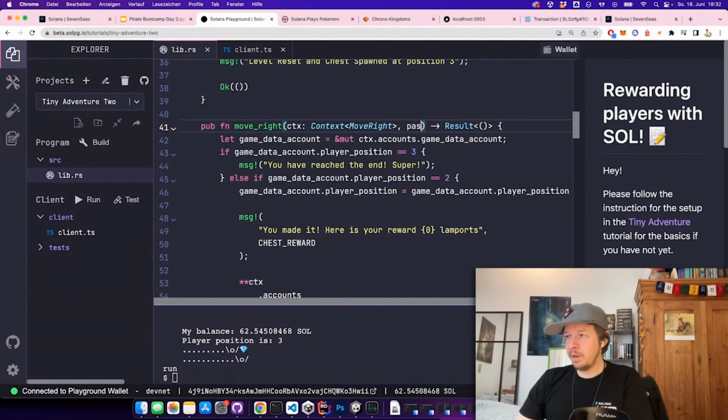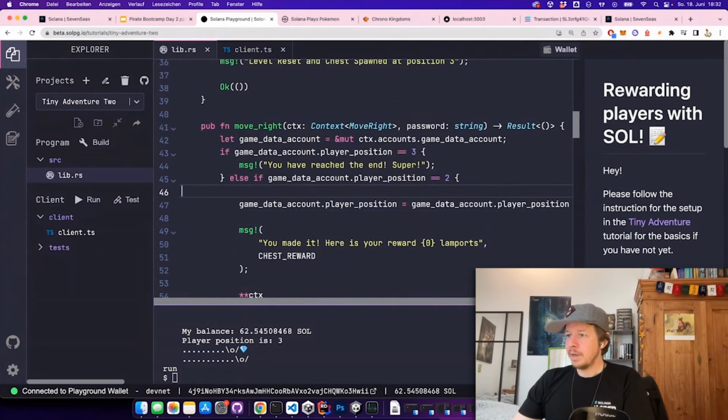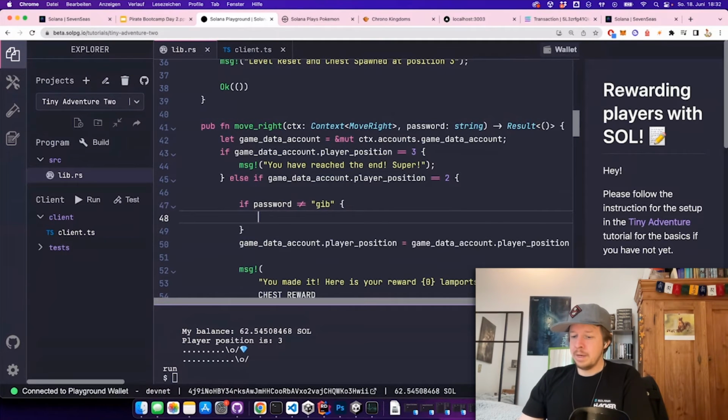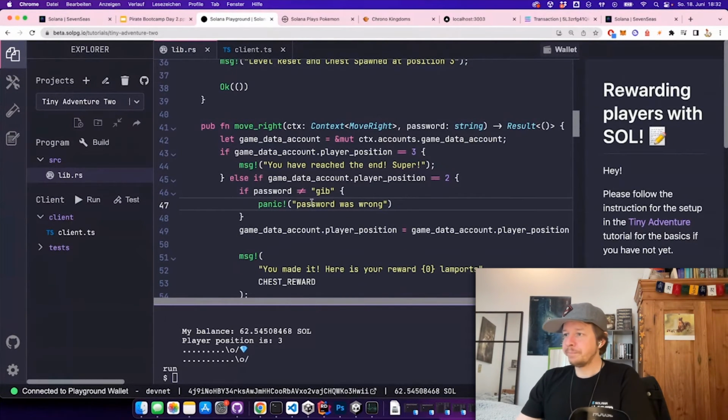Okay, so how we could do this is we can just add a password here, which is a password string. And here we would just say if password is unequal to whatever we want, I'm going to say gib, then we panic and we put an error message: the password was wrong. So, and now if we build this